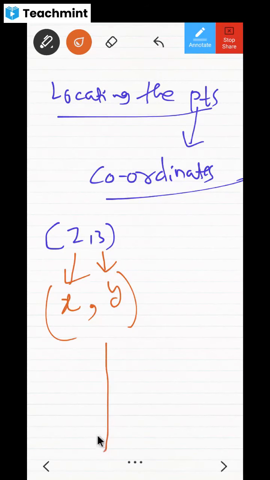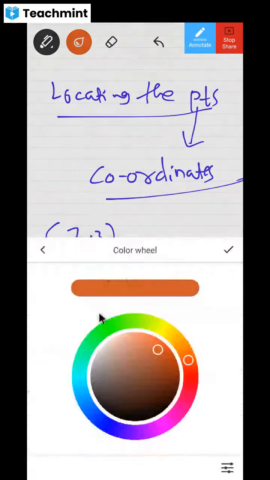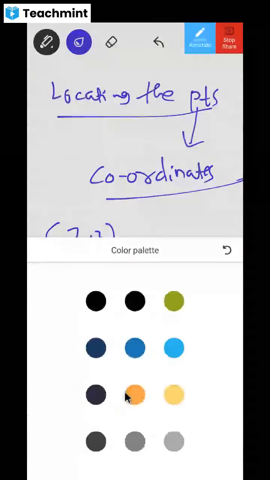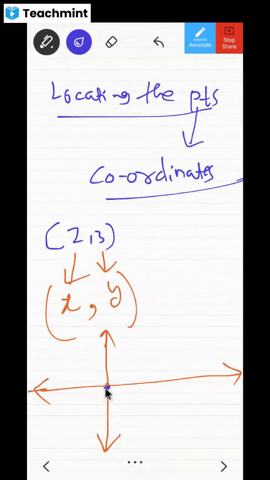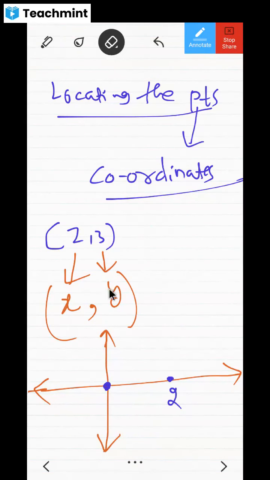Now look at this, dear children. You must already be having an idea about how to plot. So this is x-axis and y-axis. Now look at this. For example, here is the origin I have. So from this origin, I have to go 2 on x-axis. How much should I go? I should go 2 centimeter or 2 meter or 2 kilometer or 2 mile, whatever it is. I have to go 2 units. Then on y-axis, how much should I go? On y-axis, I should go 3.